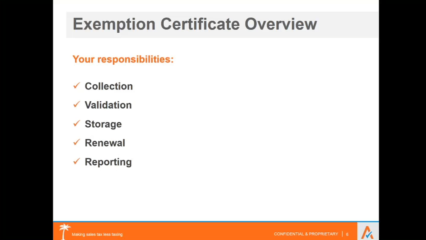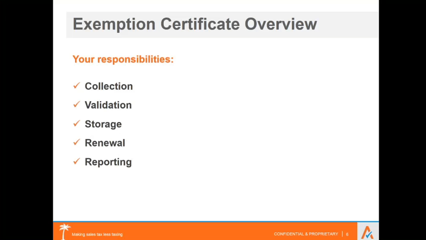So the exemption certificate lifecycle consists of a few steps, and this begins when a sales order or an invoice is created, and that first initial certificate is requested. However, oftentimes customers don't know what sort of documentation they need to provide, and those who are taking the order don't have the expertise in place to know which sort of documentation they're supposed to be getting in return. So the certificate collection process itself can be very time consuming, and it's very easy for things to go